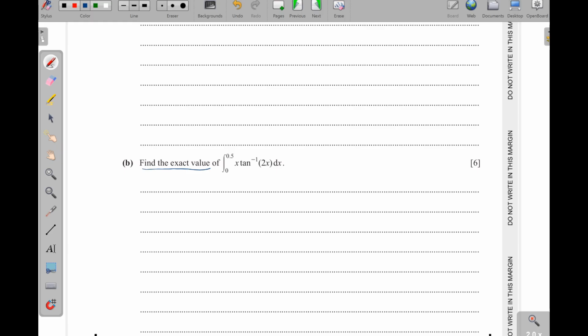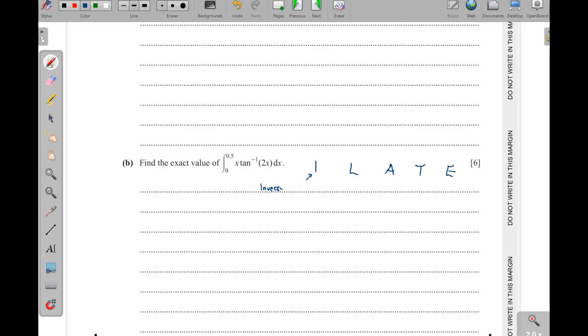Then part B, find the exact value of the integral from 0 to 0.5 of x times the arctan of 2x. Now, this is a product of two functions which are different. So here we use integration by parts. But when we are using integration by parts, we use this acronym ILATE. One function has to be differentiated, the other function has to be integrated. This I here means inverse,